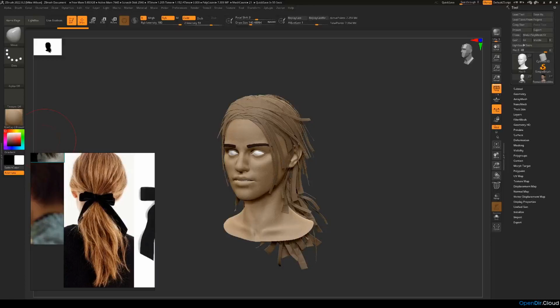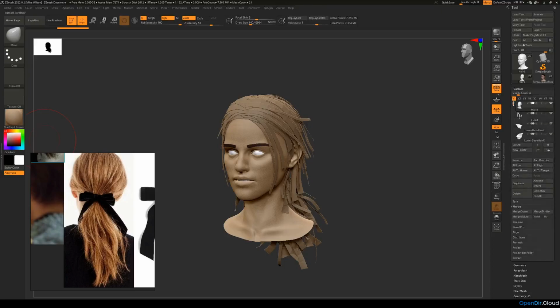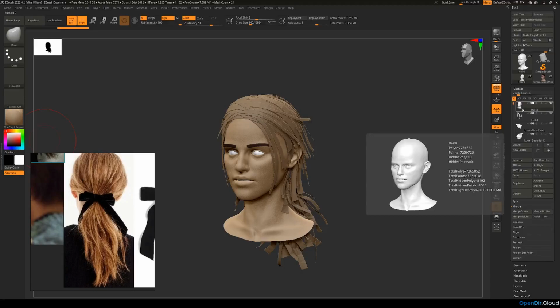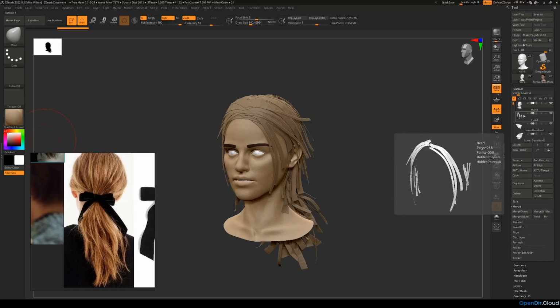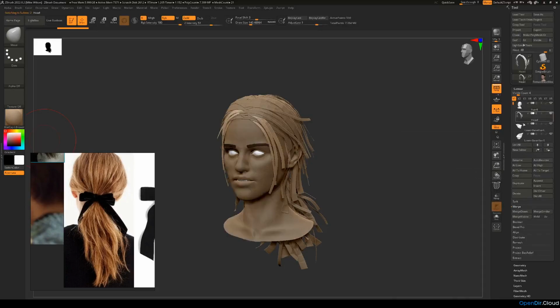Alright, are you ready for the great merging, guys? Let's go ahead and we'll merge everything we've got. But before we bring in the merge, we've got to change some of these names just so we don't get confused with what's going on, okay? So what I'll do here is rename what's called head to head strands, because these are the strands that